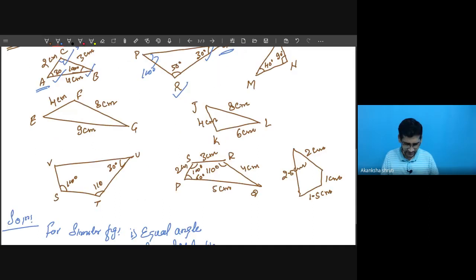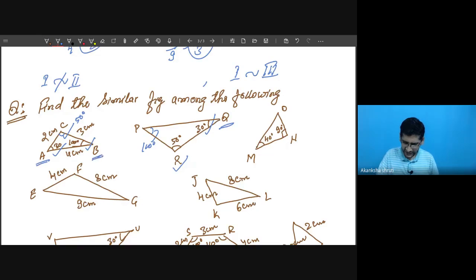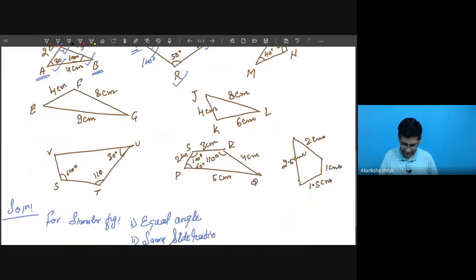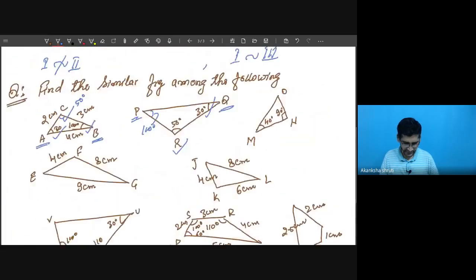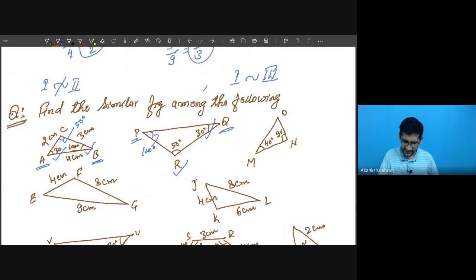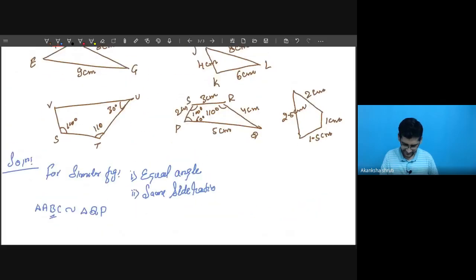Now corresponding to this B, which is 100 degree, and 100 degree is P. So you must write P here. Then the third one is C, and here the third one is R. So R. This way you have to write. If you are just writing triangle ABC similar to triangle PQR, that will be wrong. That is the wrong way of writing. Correct? So you must write corresponding angles at corresponding places. This order needs to be maintained. If you are not maintaining it, your marks may be deducted.